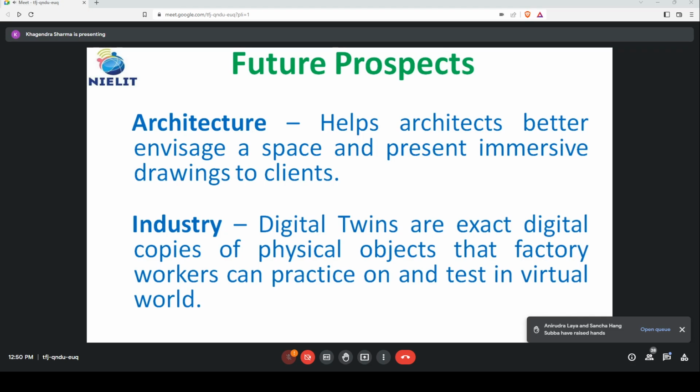Digital twins is basically a simulation wherein, say for example, you have a small factory and you need to work on some physical objects. There is a virtual object which replicates those physical objects. That is what is called a digital twin. You need not work on the physical objects directly; the simulation is done on the virtual object. So digital twins are exact digital copies of physical objects that factory workers can practice on and test in